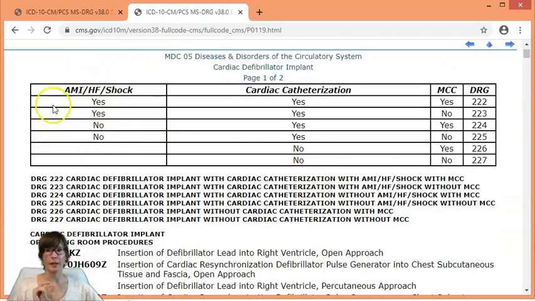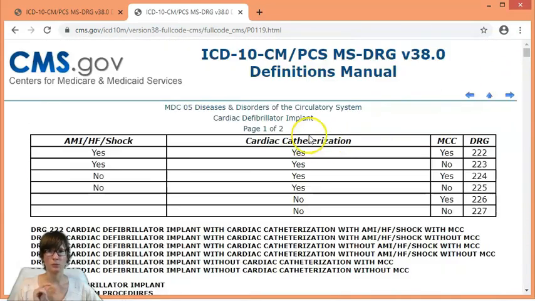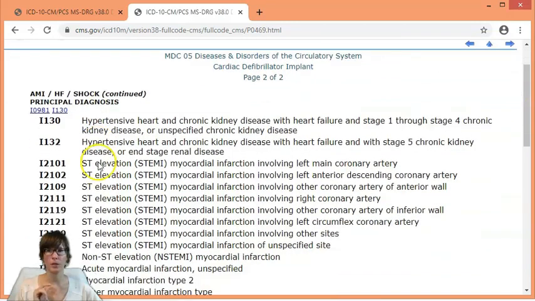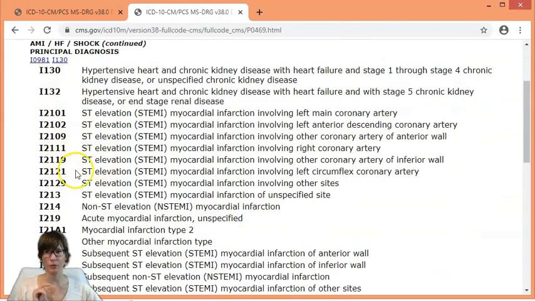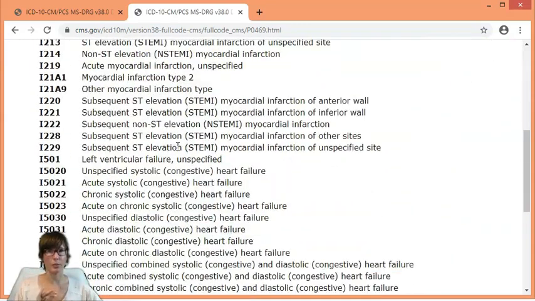While deciding whether the patient qualifies for any of these conditions, you can find the diagnosis codes by scrolling to the very bottom. It starts here, and then we go on to page 2. Do you see page 1 of 2? This is how you know it. We go on to the second half of the diagnosis. So this is what the table is asking you about when it asks whether there was infarct, shock, or failure.